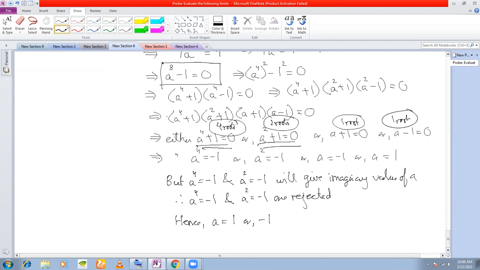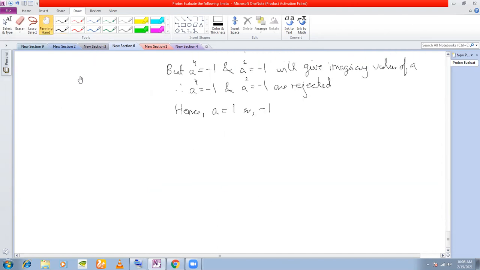Now we come to the next set of problems which deals with infinite values of the limit, that is when the variable x is tending towards infinity. So when x tends towards infinity, the technique is we put y is equal to 1 by x. Therefore, as x tends to infinity, y tends to 0. So we'll get a standard limit. Now, how to do this? Let's take the following set of problems.